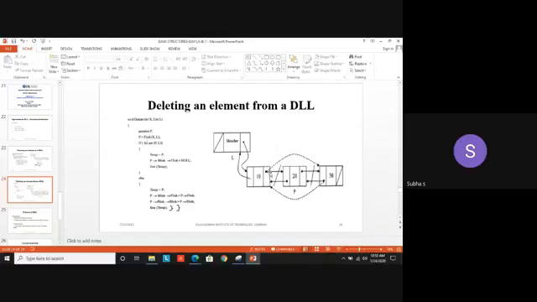That F link pointing to whom? Pointing to 20. That should be assigned to P arrow F link. Okay, that means you are going to disconnect this one. Assignment statement from right to left only. P arrow F link. P arrow F link is what? Currently 30. That 30 should be assigned to whom? To 10. How can I mention 10 with respect to P? P arrow B link, F link. Got it? So now 10 connected to 30 in the forward direction.